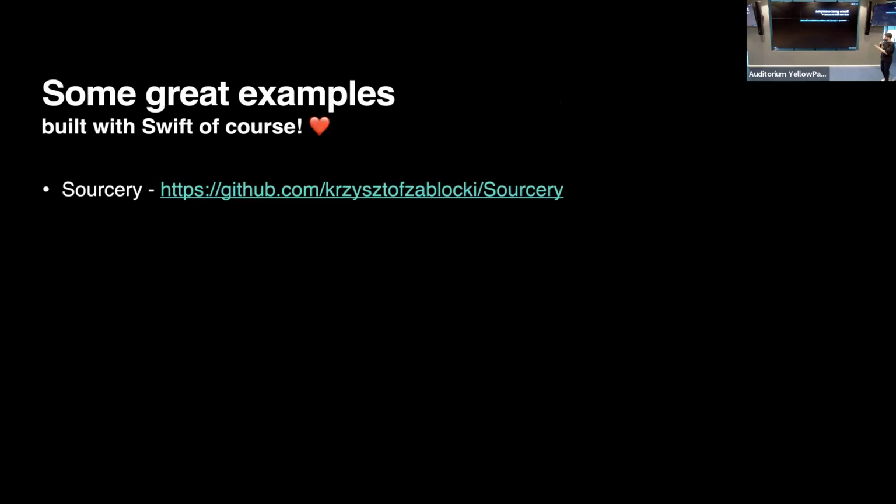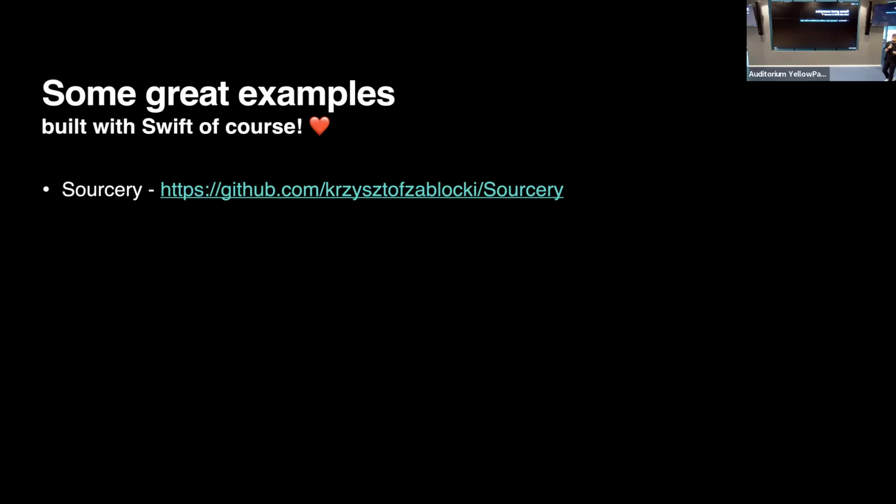Cool. And there are obviously some great examples of Swift CLIs. All of these examples that appear on the list are projects that are built entirely with Swift, and their command line interfaces and their command line applications are also built with Swift. So this is a great example of tools that have built their tooling with Swift as well. So an example is